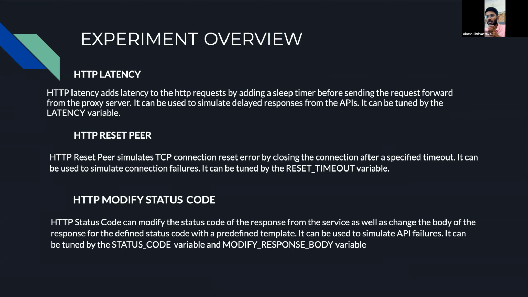It also has another environment variable called modify response body, which changes the response body to a specified template according to the response code. You can set it to true to do that, or set it to false to keep whatever error you have. We'll see that in the demo, it will be more clear there.